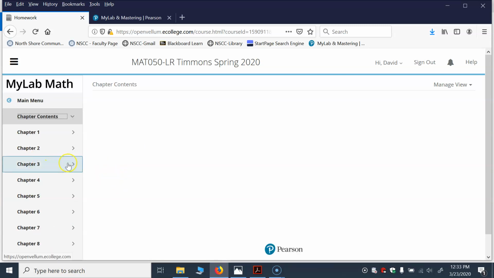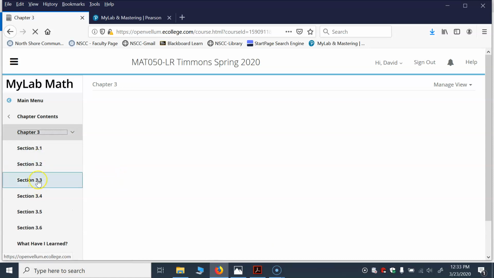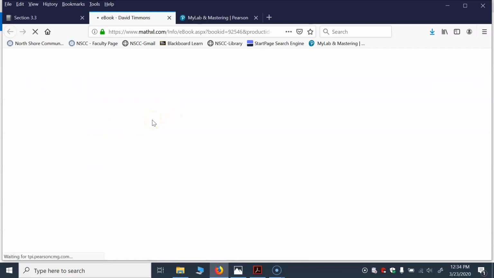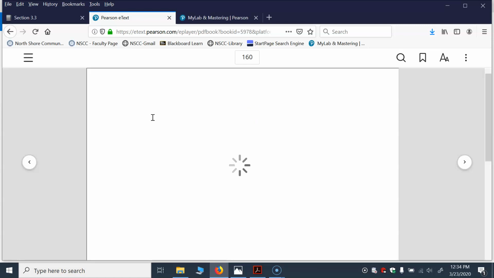This is our e-text. You can go to any section in the text. You click on multimedia e-text. Sometimes it takes a little bit of time to load, but it should work. Sometimes you have to be a little patient. Even I have to reload it from time to time in class. But if you don't have that textbook, if you've been using the reserved copy in the library, which is not going to be accessible, the good news is that the e-text that you would see here really is identical to